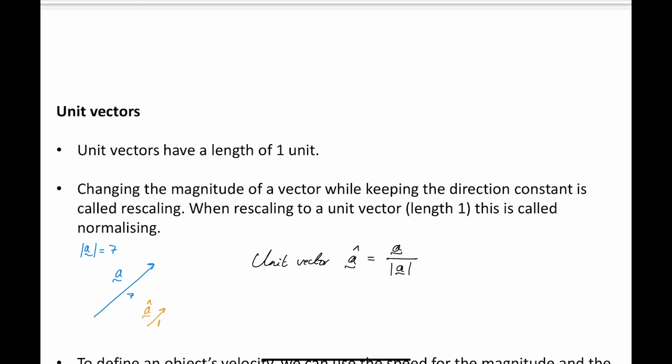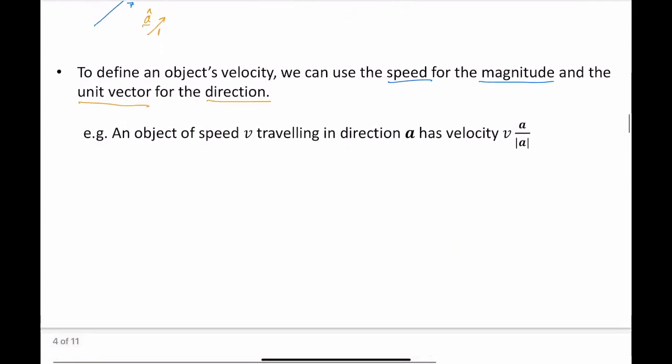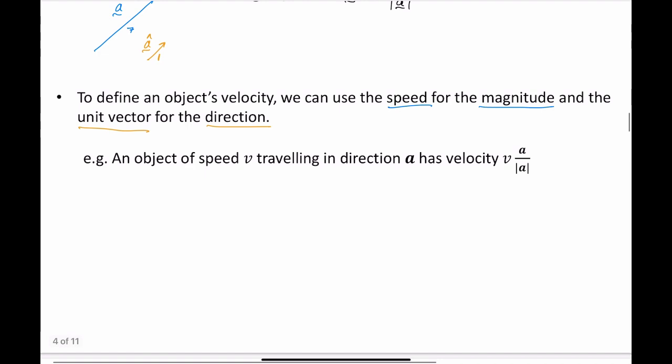Why is that useful when we're thinking about velocity? Well, often when we're talking about velocity, we use the speed for the magnitude. So we're given the speed, which is the length of the velocity vector, and then we're given a unit vector which defines the direction. So we can define the speed and the direction separately when we're talking about velocity. Okay, so how can I think about that in practice? So for example, if we have a vector that defines the direction of some velocity, and let's say again that's the vector A,